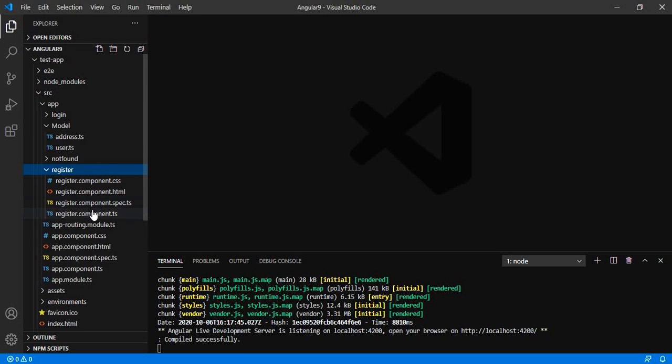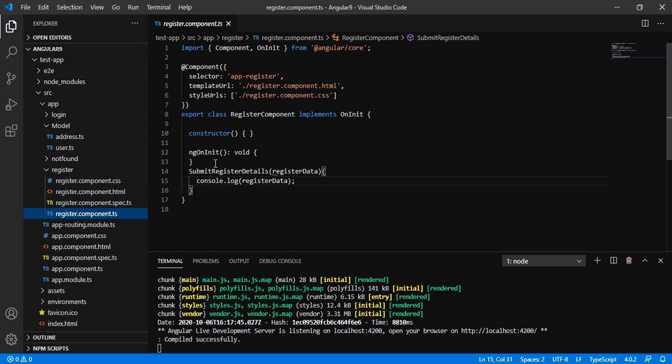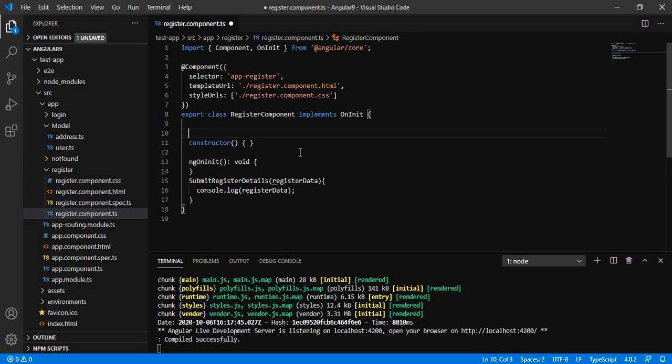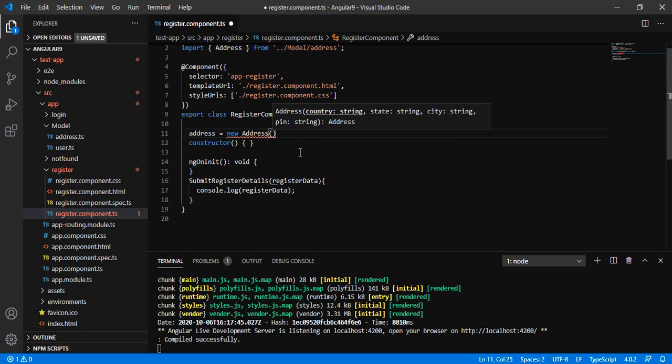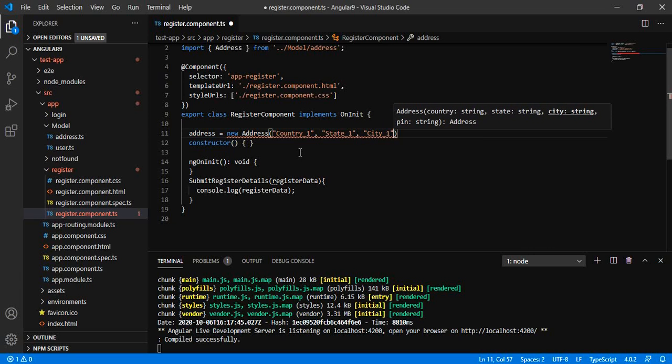Now let me open the component file and create an instance of the user model. Let me first of all create the group property, which is the address in our form. Let me give the country, then state, then city, then pin.